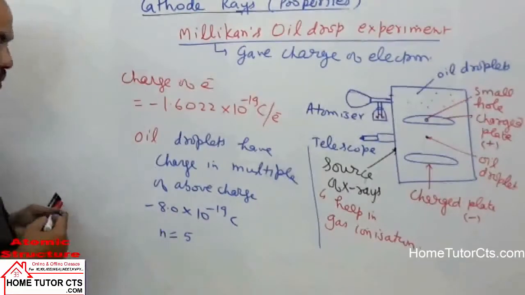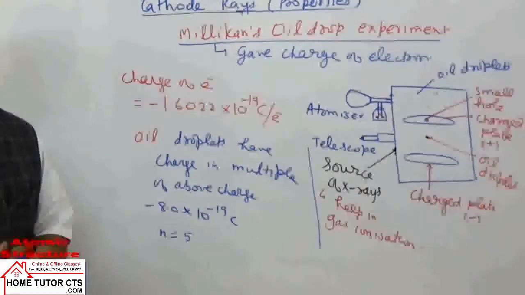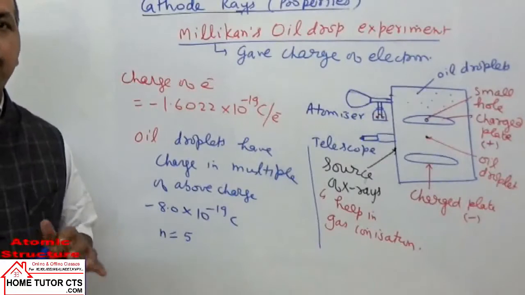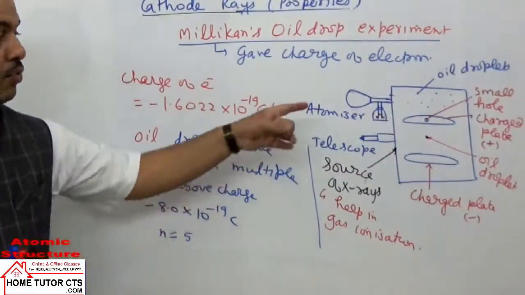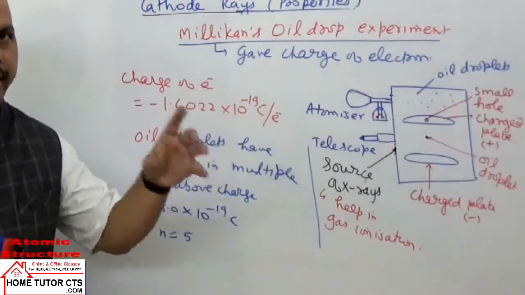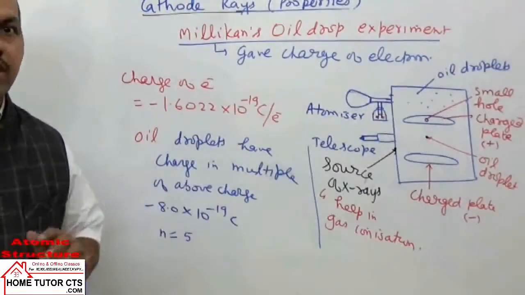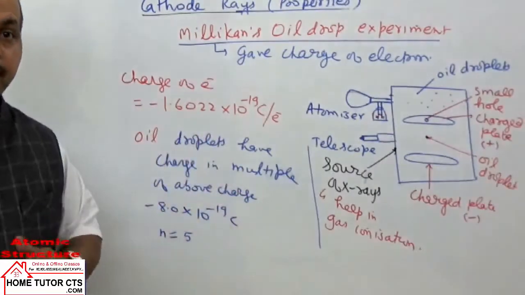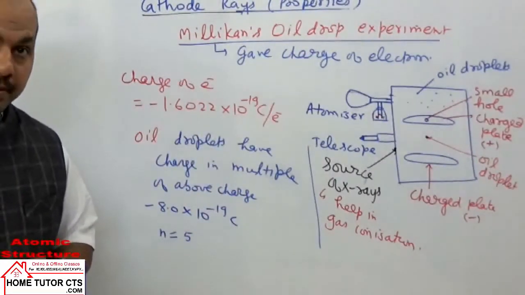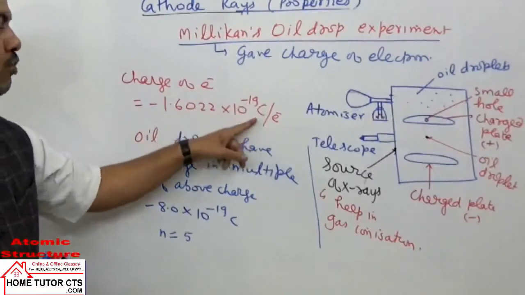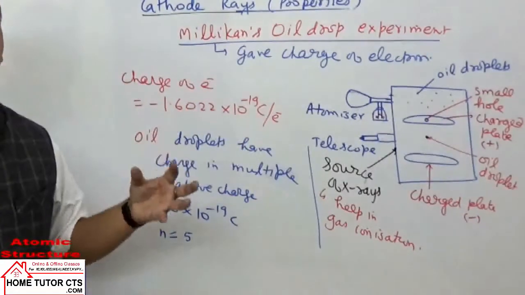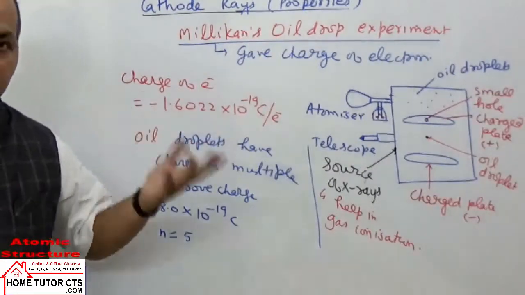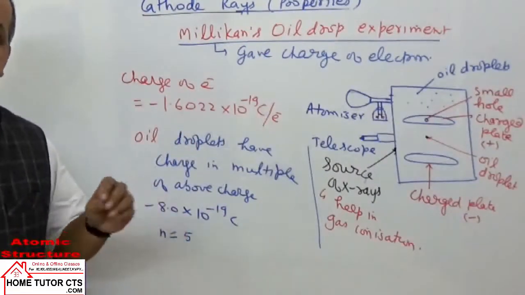5 electrons. An oil droplet can absorb 4 electrons, 3 electrons, 10 electrons, 8 electrons; in any case, the oil droplet can have different charges. Here we got the charge on the oil droplet, not the electron. And the charge on the oil droplet was always a simple whole number multiple of this value of charge. This value of charge was then taken to be the charge of the electron.